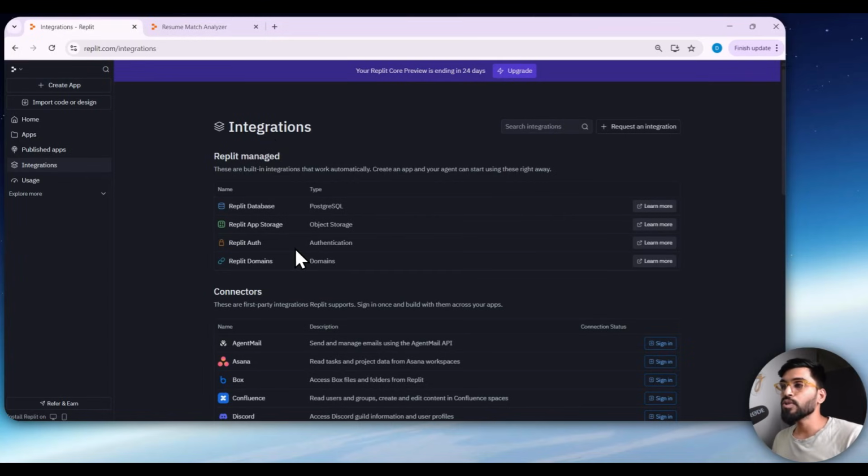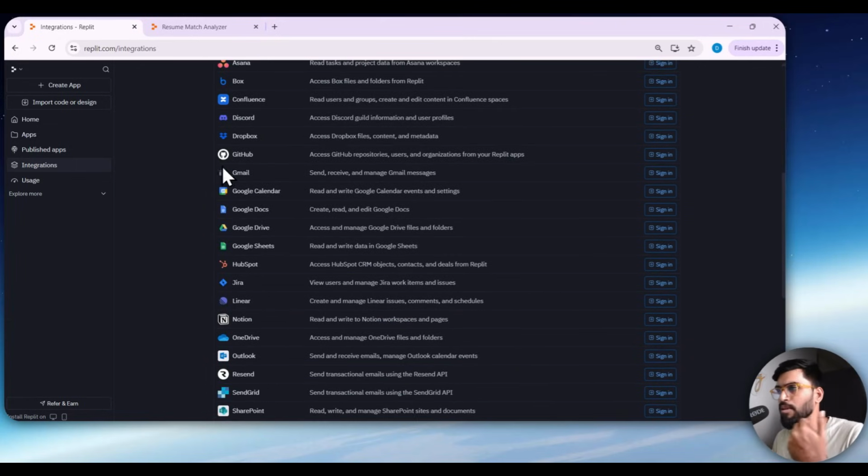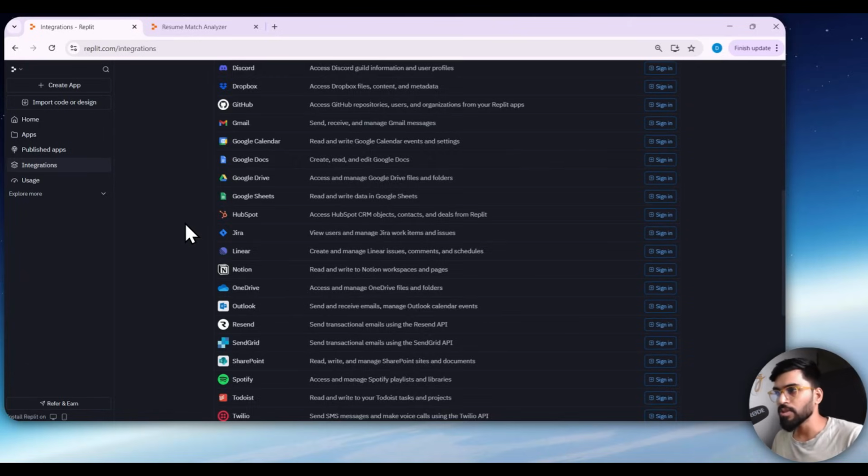For doing all this, you don't need to be a very technical person. It's not like that. You can just say all these things in plain English, but I'm just showing you what integrations are available. There is nothing here that needs technical knowledge. No, it's not like that. And there are other connectors. Now I'll show you some of the important connectors that I use, right?